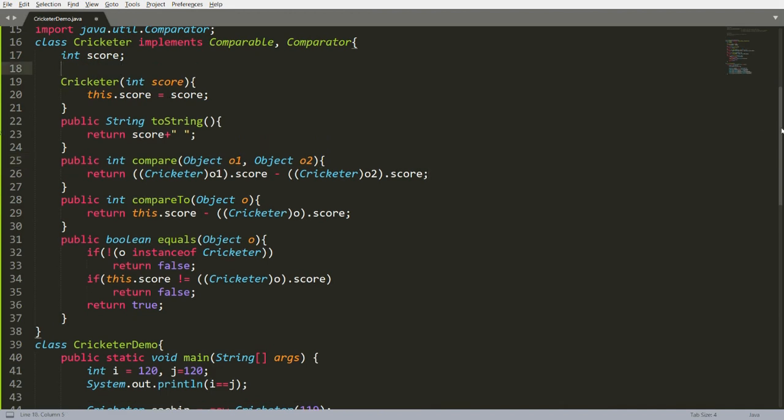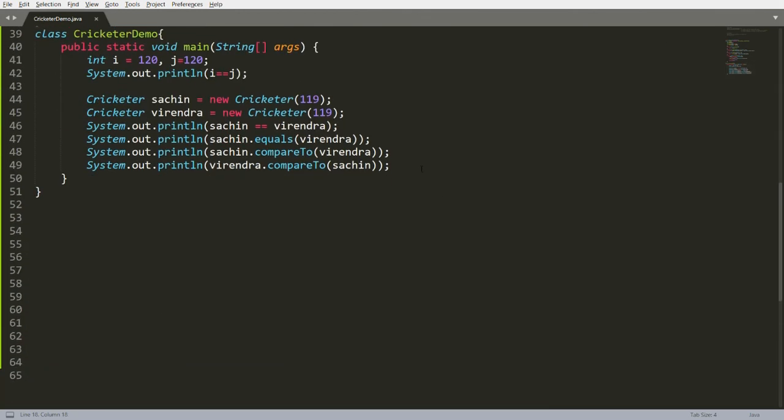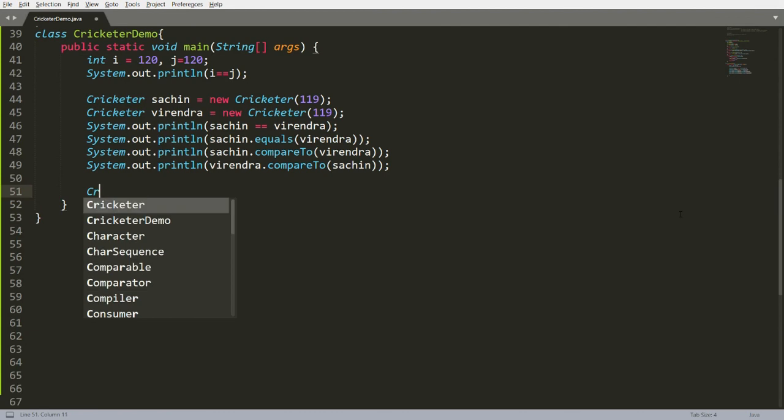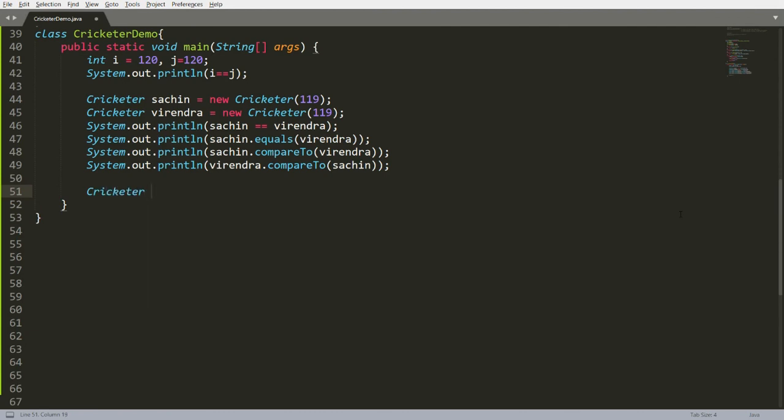Now I want to create a default constructor, so any cricketer can create a new instance. How can we do this? Very simple. Write Cricketer Virat equal to new Cricketer.